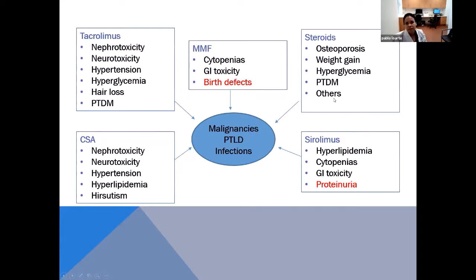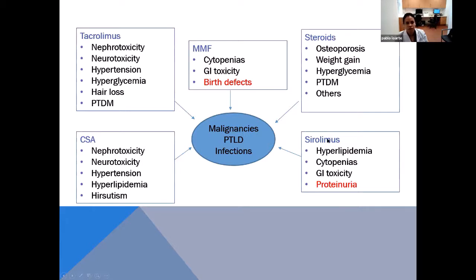Steroids, you guys know the side effects of steroids: osteoporosis, weight gain, hyperglycemia, post-transplant diabetes, and there's much more. Sirolimus is associated with hyperlipidemia, cytopenia, GI toxicity, but an important one is proteinuria. And it also can be associated with pneumonitis as well. You can get rapa-induced pneumonitis. So if a patient develops some kind of pneumonia or respiratory illness while on sirolimus, they'll need to be